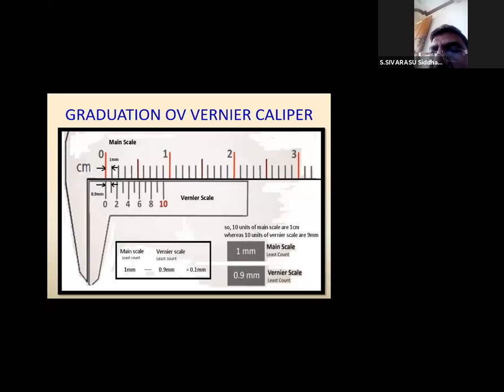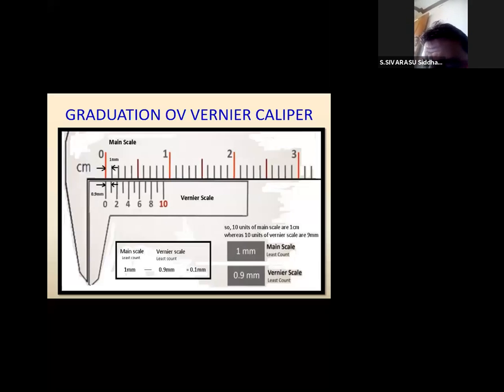And how is the graduation marked? Up to this millimeter line, it will be of a prescribed length and height. The 5th division will be a little bit longer, and the 10th division will be higher than the 5th division. The graduations on the upper side are millimeters, and the main scales are marked in a prescribed length, width and height, as per the BIS and IVS standard form. Each main scale division value is 1 mm.